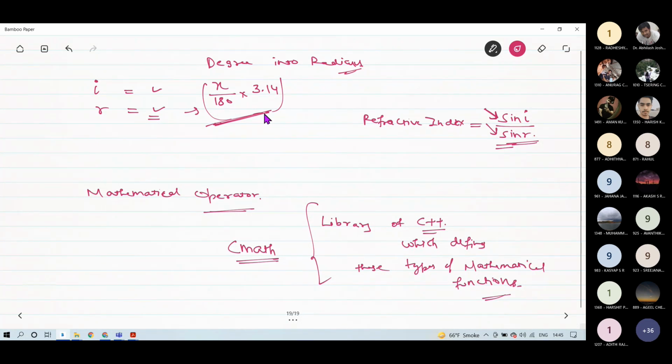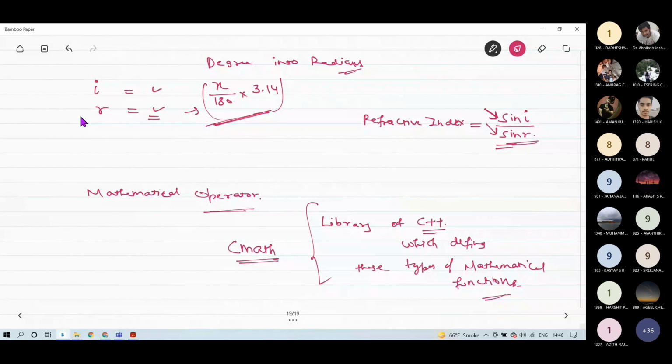So this I and R will be entered by the user in degrees, and then first of all you have to convert these into radians, and then find the value of sine I and sine R, and then define this variable refractive index.